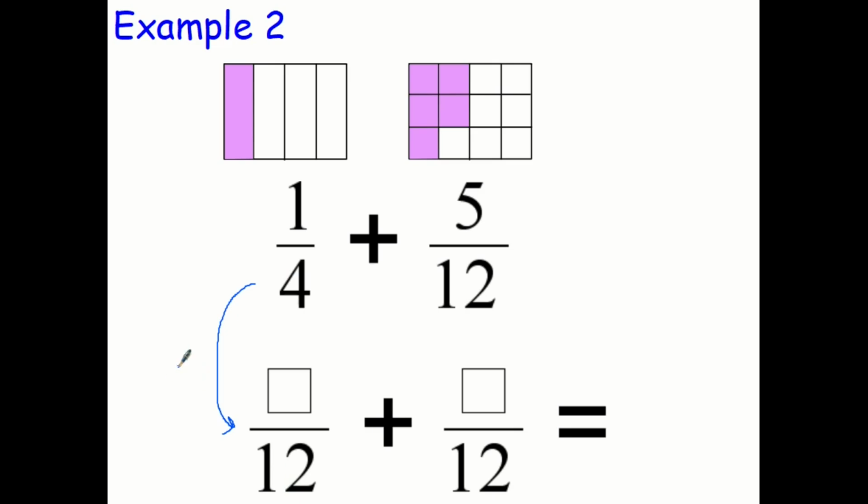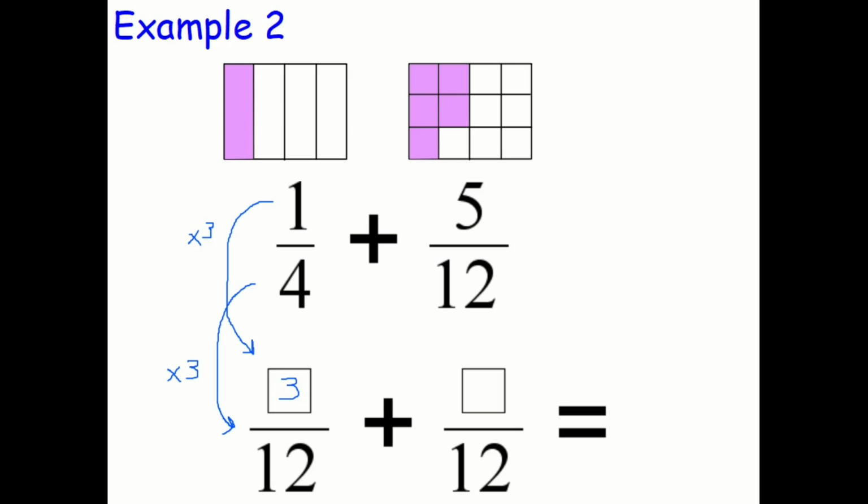Well, there are 3. So that 4 has been multiplied by 3 to get to 12. And whatever you've done to that 4, you must also do to the numerator. So I must also multiply the 1 by 3 as well to get